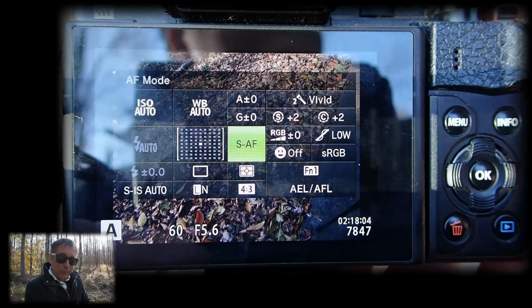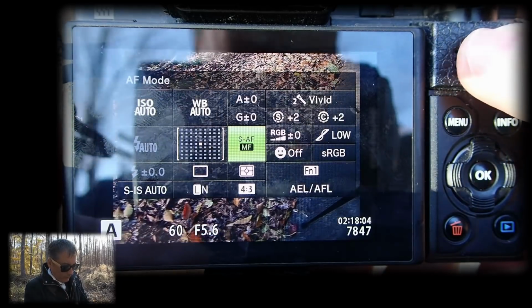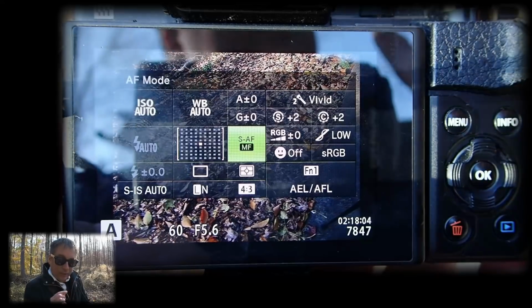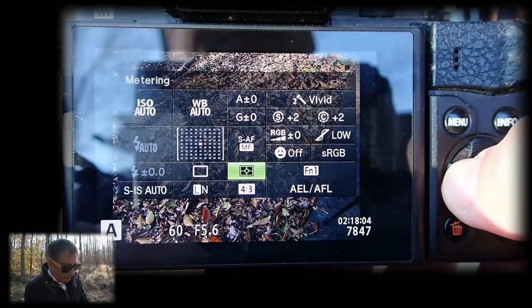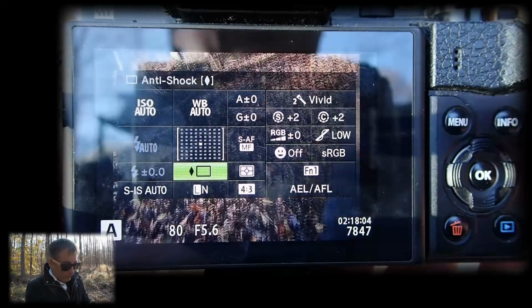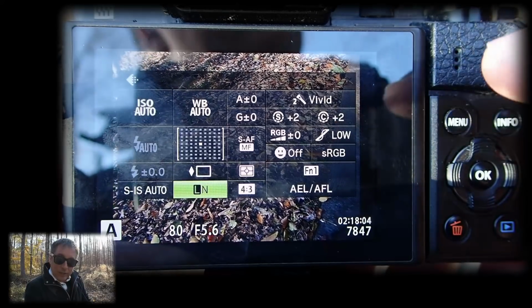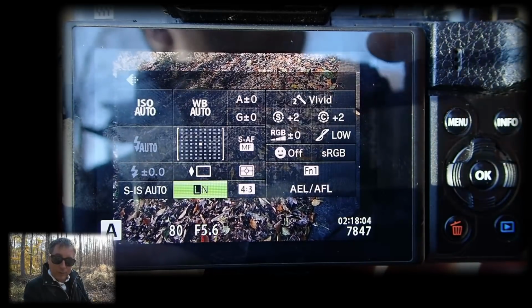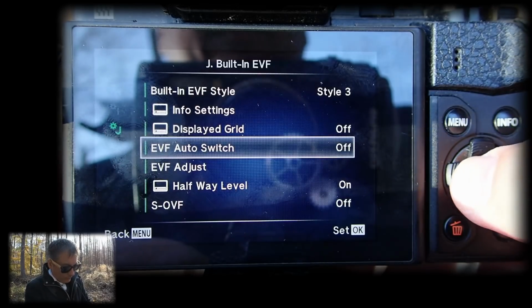Now the autofocus mode I need to change from single shot AF to single shot AF plus manual focus, and this is important. You need to be in that mode. And I'm going to change this to anti-shock, just to reduce any potential camera shake. And then I need to change to large superfine plus RAW. To do that, I need to go into the menu first